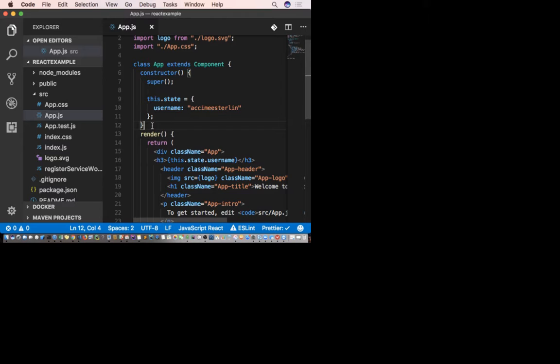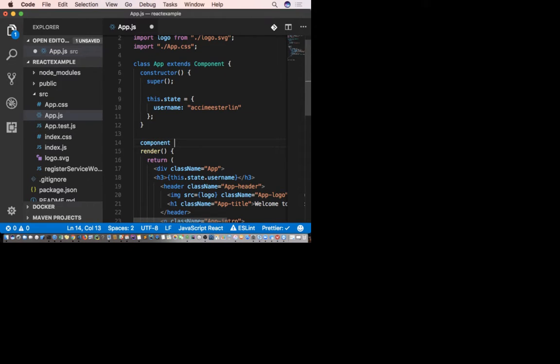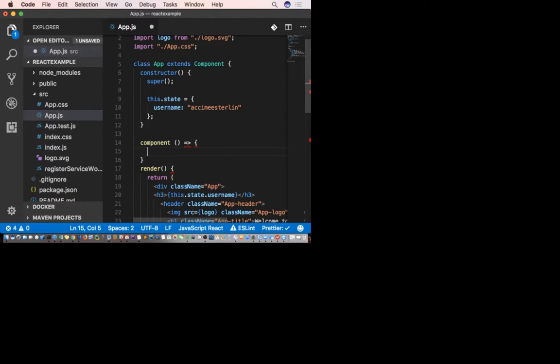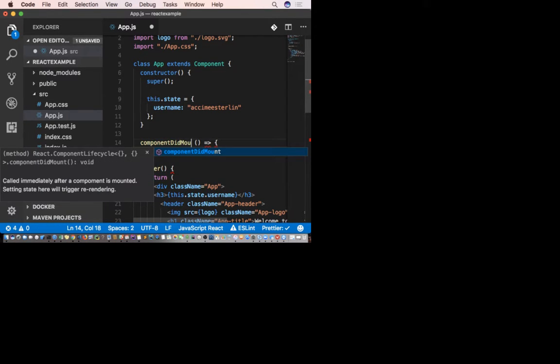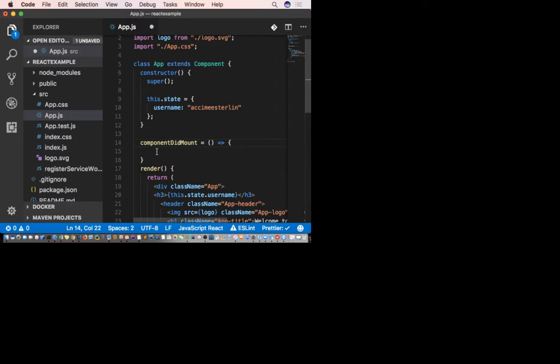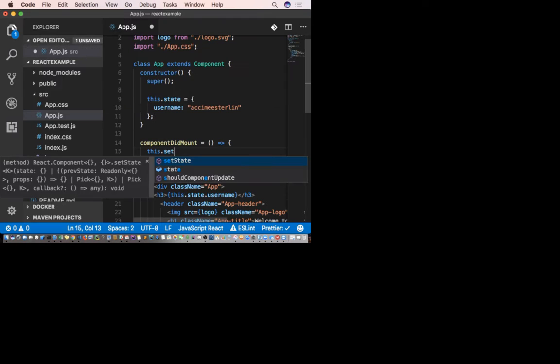You cannot change a React state. If you want to change it, what do you think you have to do? Use what function? What's it called? Set state. And here's how we use it. And don't worry, anything you see, I'm going to be describing in a second. Component did mount. All right, you do this, that's set state.